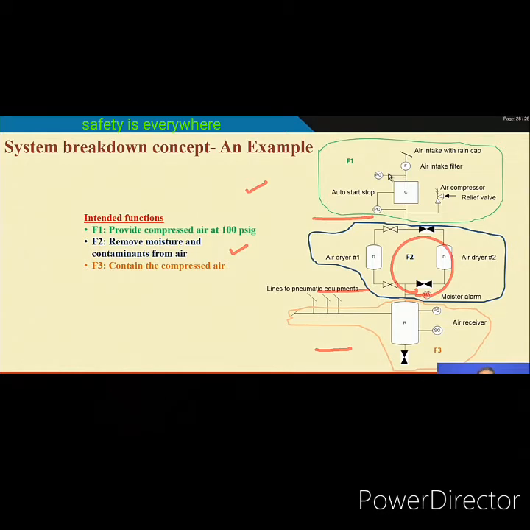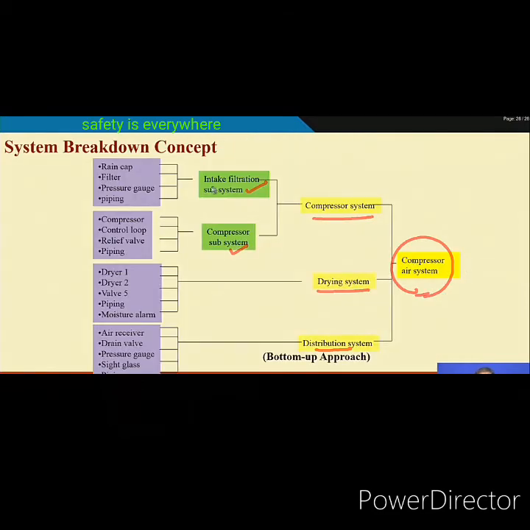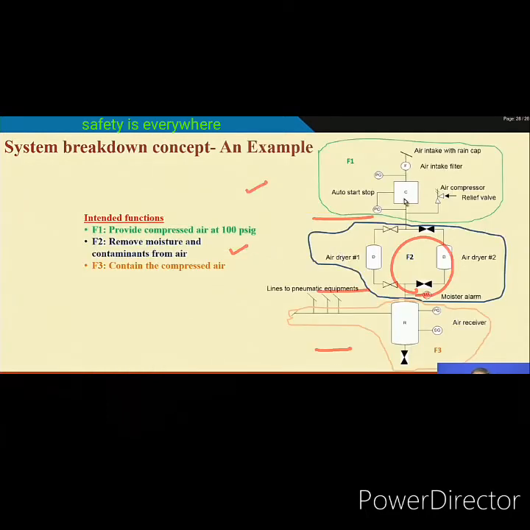This is basically the intake system, the intake filtration subsystem. Now, the compressor subsystem has the compressor, pressure control loop, relief valve, and piping.